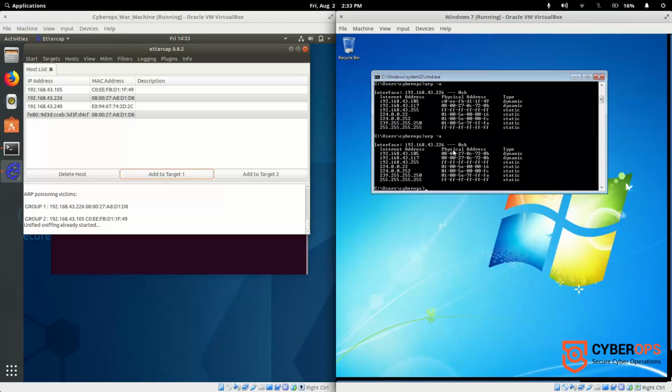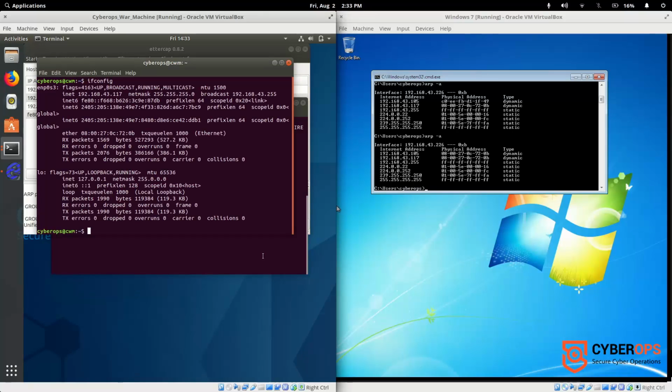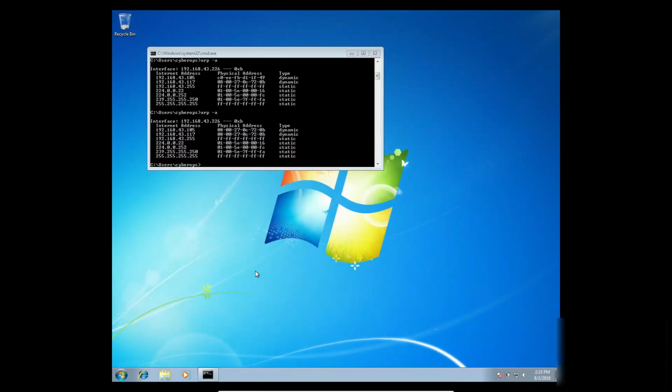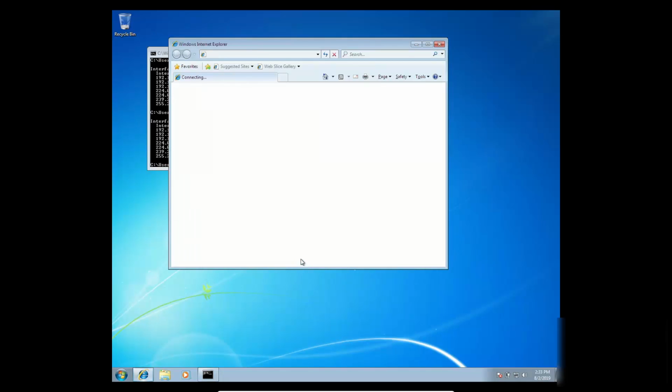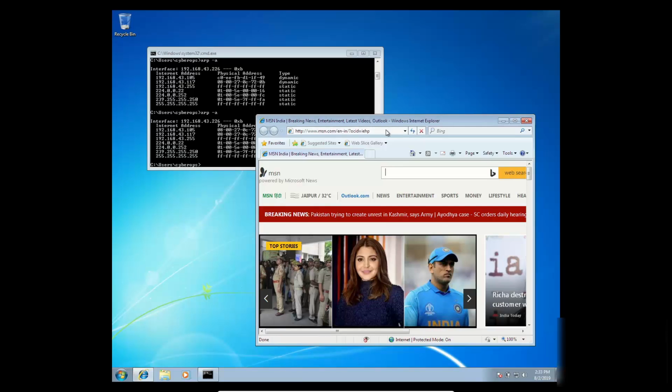Now you should be able to see that the MAC address of 105 has changed to ours, which is also 117's MAC address. So 117 is actually our IP. You can see 117 is our IP. So now whenever the victim will try to access something like any login website or any email website, such as I will be doing